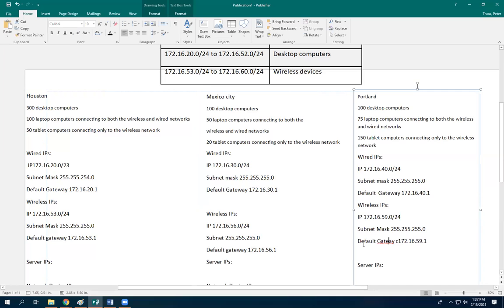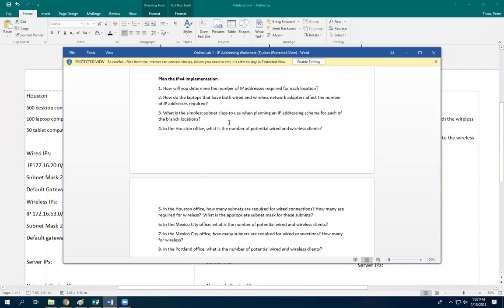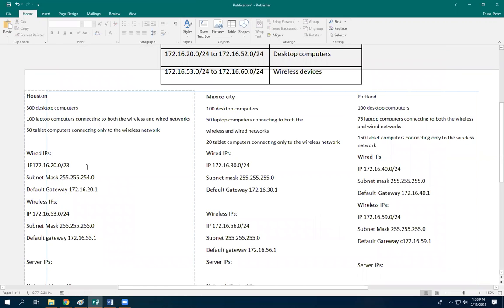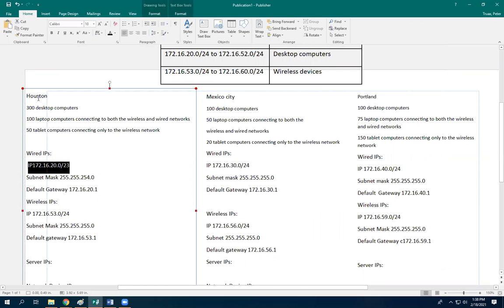All right. So we got all these numbers filled out. Let's take a look at the questions here. What is the simplest subnet class to use when planning an IP addressing scheme for each of the branch locations? This is actually a question that was drawn from a Microsoft questionnaire. And so they're wanting you to use 2 separate IP ranges over here for Houston because you've got more than 256 computers. So they want you to use